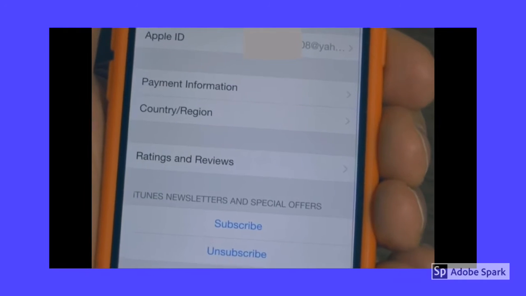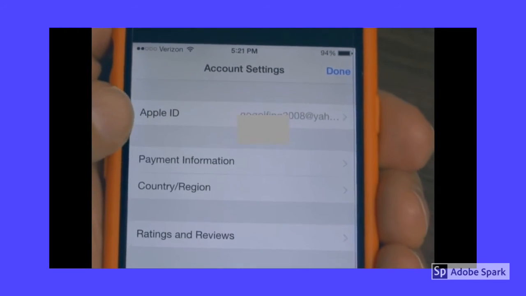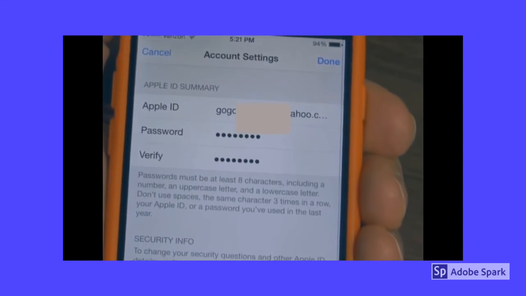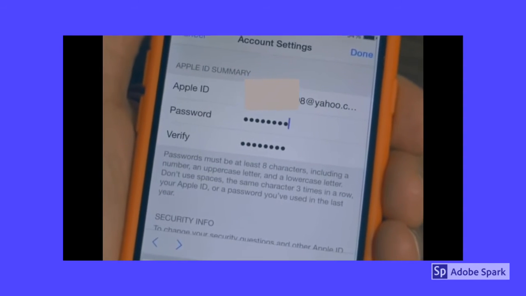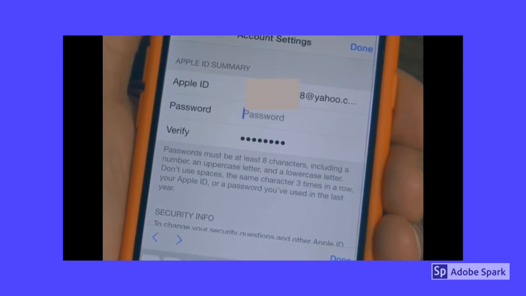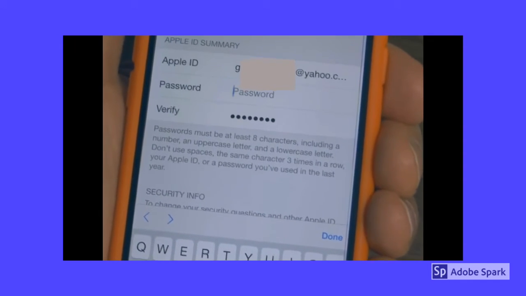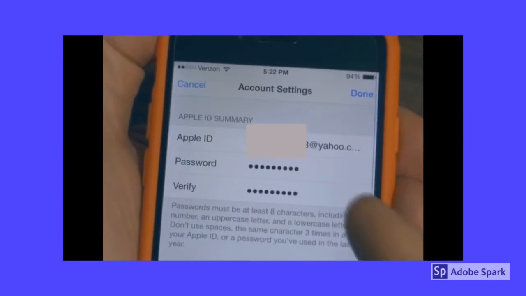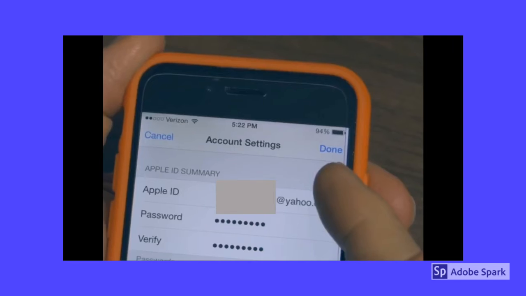Then it brings you to this menu right here, which is in the account settings, and at the top you'll see Apple ID. Press on that, and then it shows your current password and your Apple ID. Now what you want to do is backspace to erase your current password, type in your new password, and then once you've typed that in and verified that password by retyping it, in the upper right hand corner you want